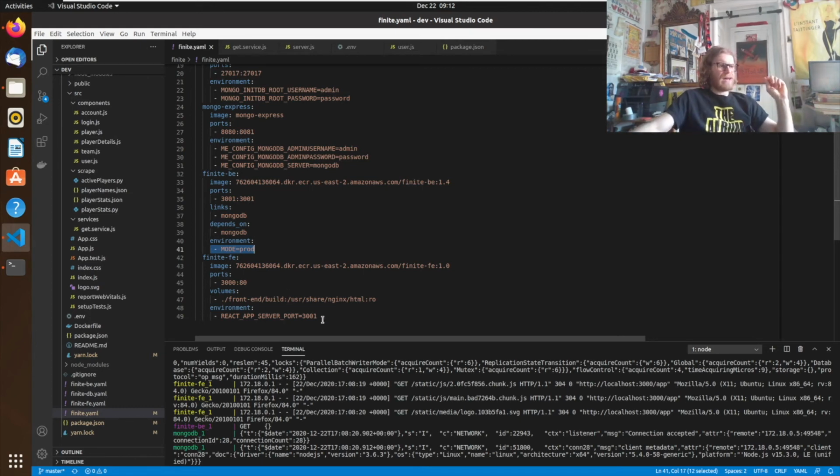Now, you can see here that I also tried to set up an environment variable for the front end, where if you know about React apps, you have to set all of your env variables to start with REACT_APP. I wanted to set the server port so that I could change this port and then just change the port right here as well, and they would still be able to communicate. This doesn't actually do anything right now. This thing doesn't work